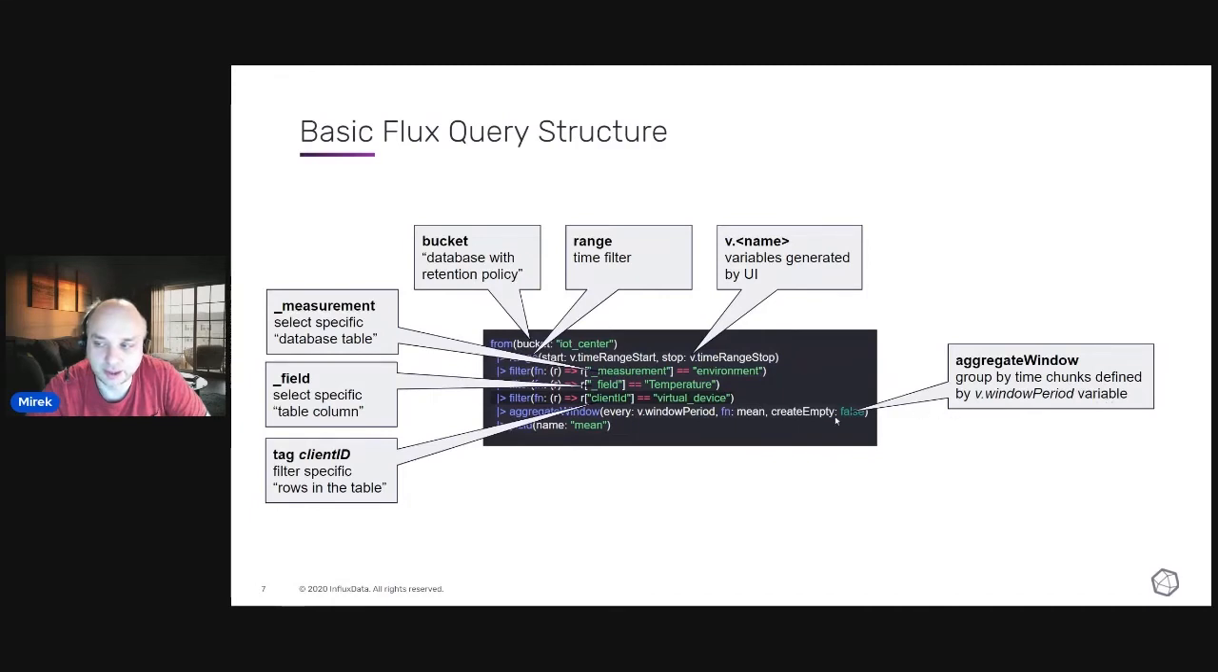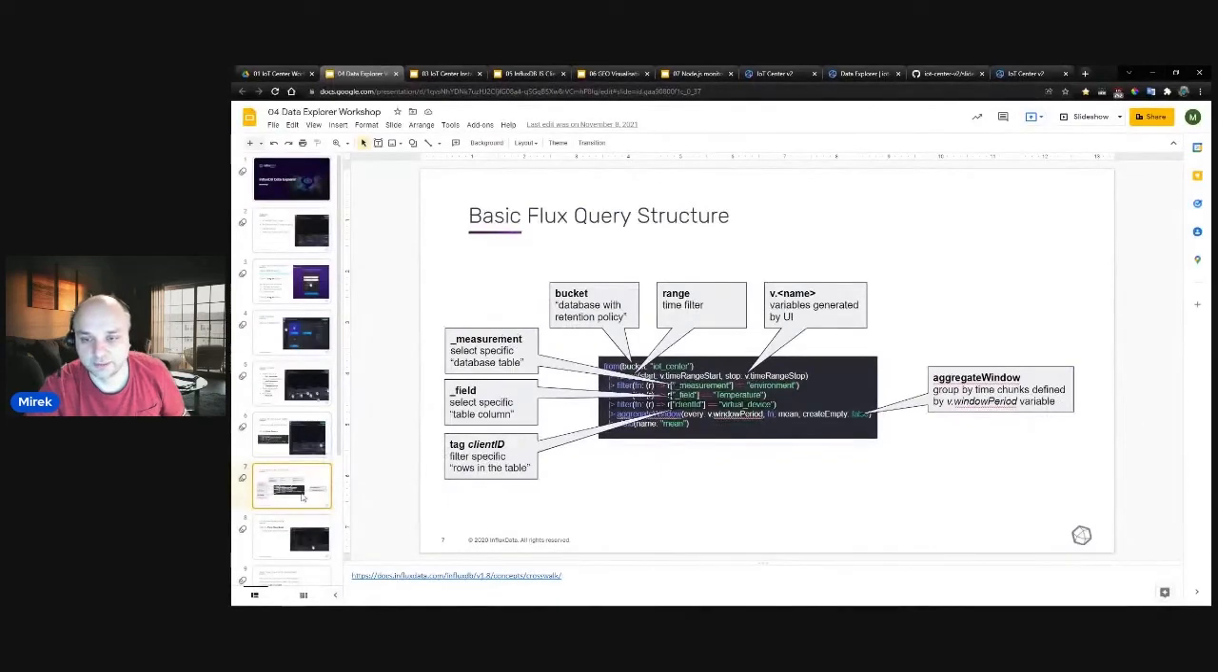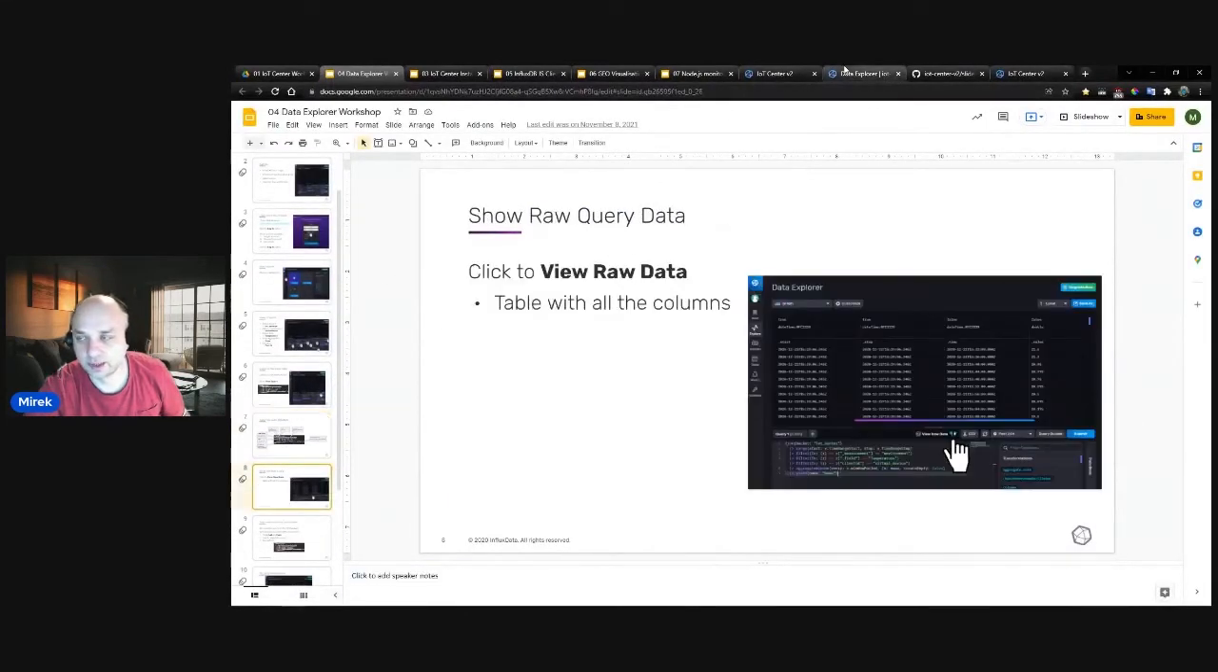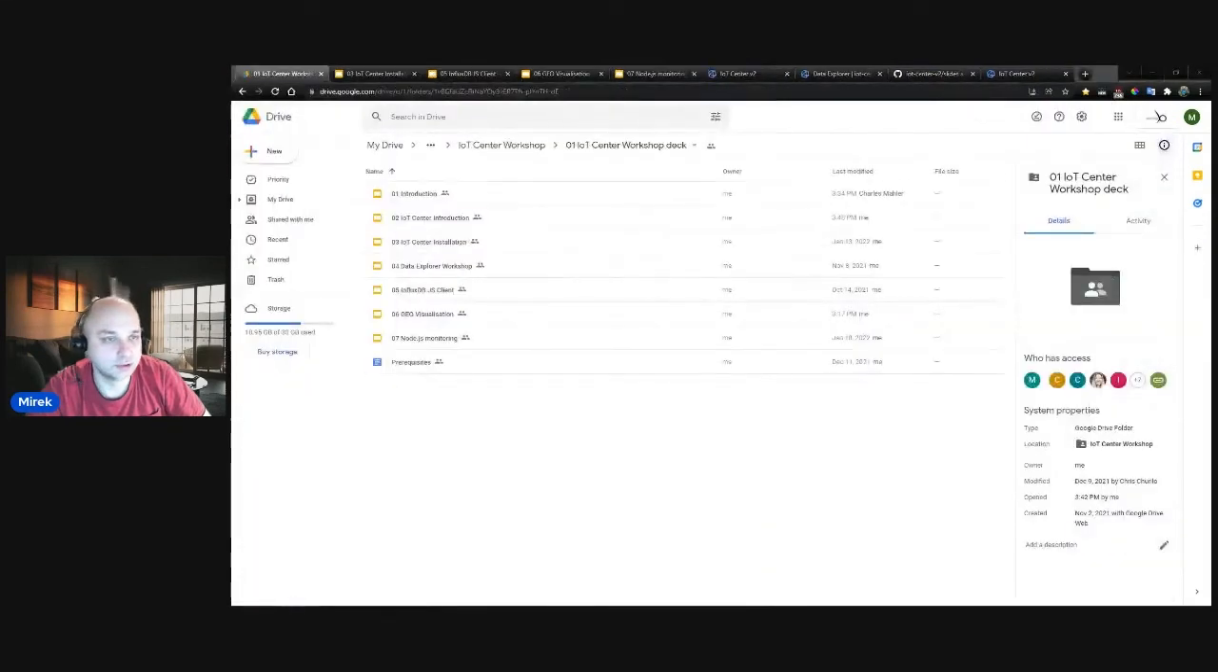And that's it. Create empty means if there is no value, then you have the option to either create empty values or just connect the values which are visible. So this is the query. Now let me jump back to the InfluxDB UI,